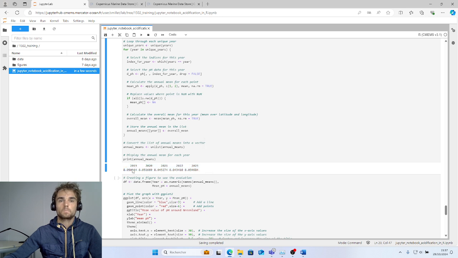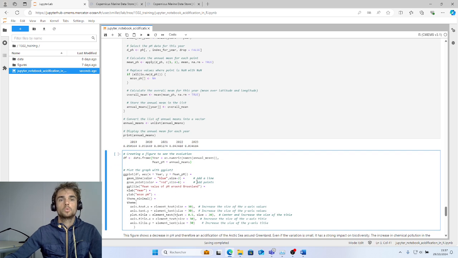We see that in 2019 and 2020, mean values are similar, but after the value is decreasing. To better visualize the result, we plot the result with ggplot.